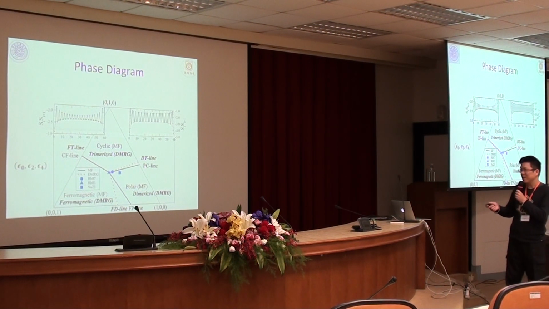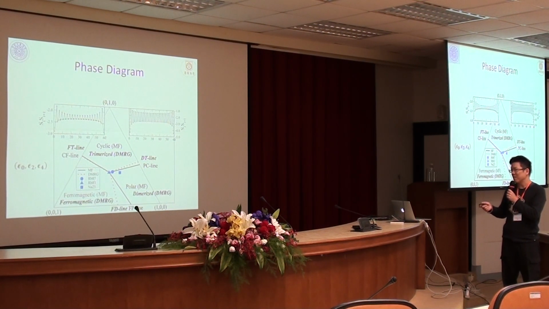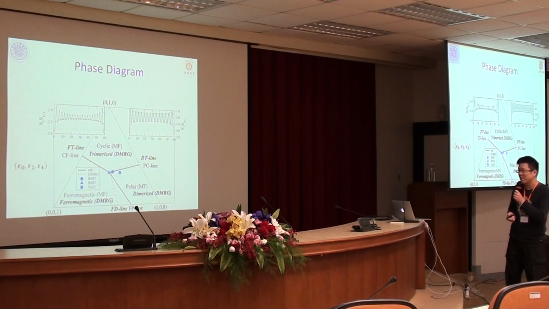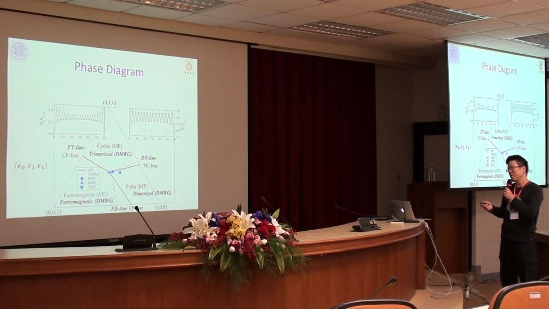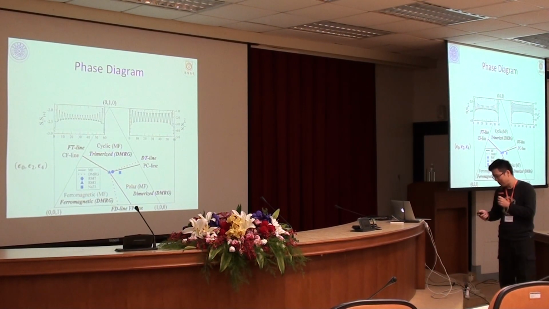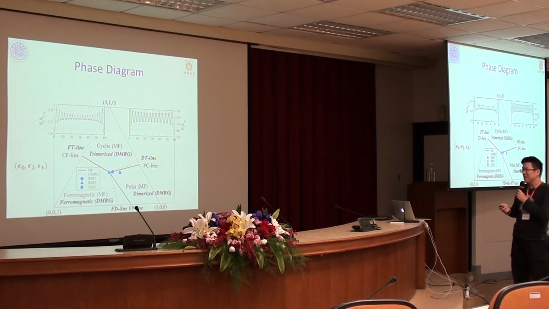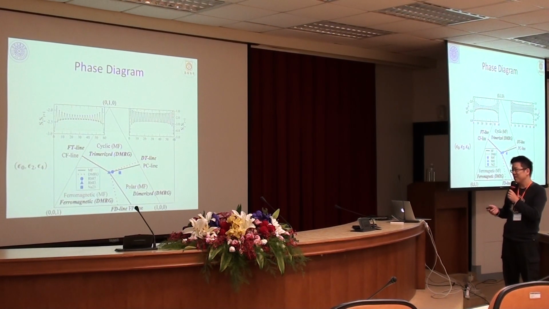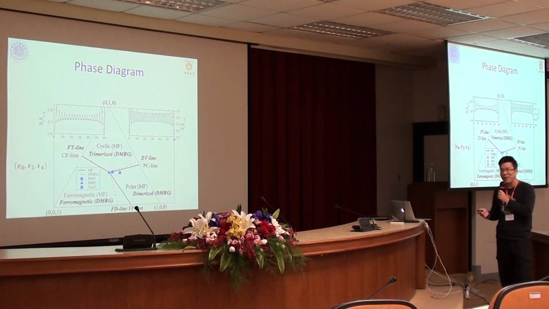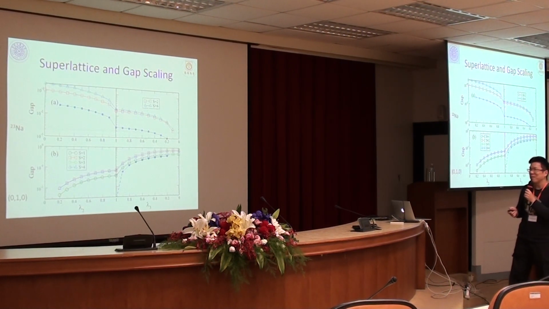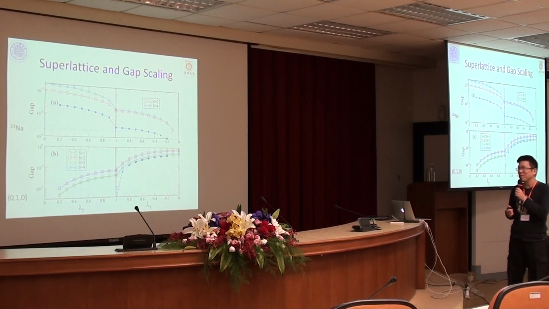And if you plug in the scattering length of those materials, then you find, unfortunately, all of them are close to the phase boundary. So if you want to do an experiment, it's probably hard to see which phase they are actually in. So we want to propose an experimental way to see if it's in the trimerized or dimerized phase. The way we propose is basically you can impose the superlattice.